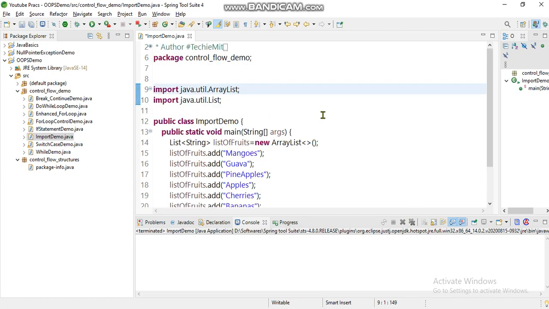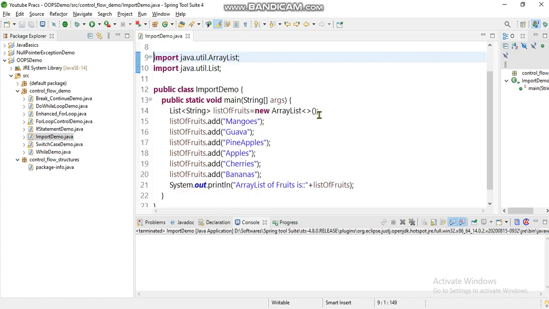To make use of this interface List of your util package, I necessarily need to import it from the util package. So I needed to import java.util.List and also the class ArrayList by using import java.util.ArrayList.